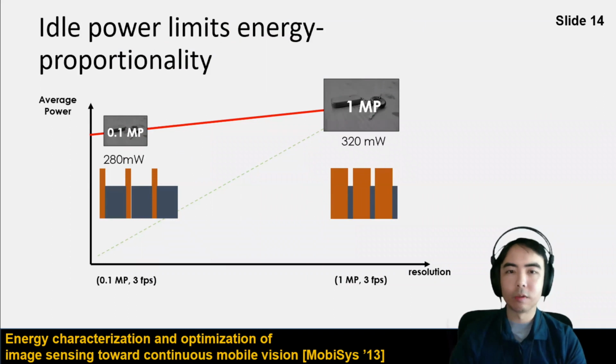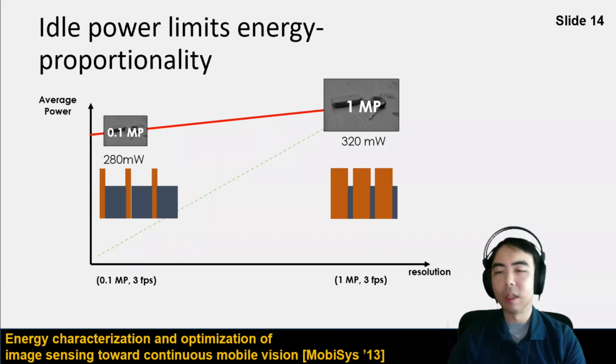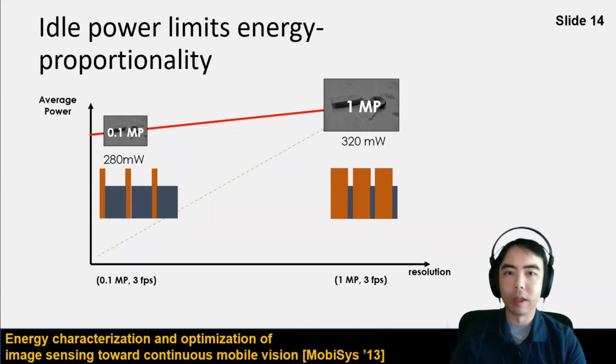We tried this across 5 different sensors. They have different active to idle ratios. For some of them, the idle power is 90% of the active power; for some, it's like 50% of the active power. But regardless, you're burning all of that power just waiting for your next frame, for the timing.